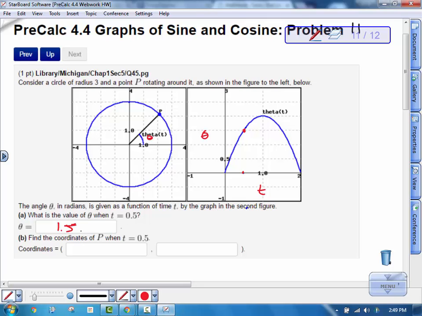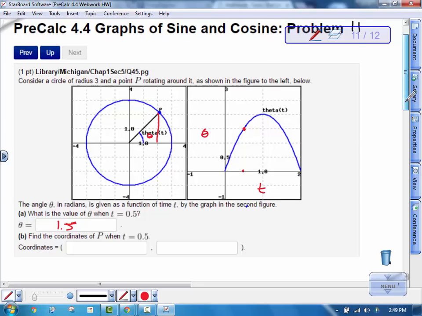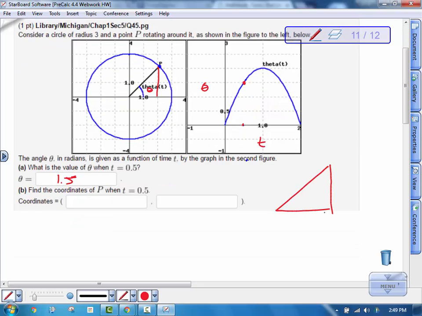And then when theta is 1.5, what are the coordinates of this point? Well, take this triangle right here. I'm going to redraw this triangle over here. If theta is 1.5 and we know the radius is 3, we can find the coordinates of x and y. You go over x, up y for this right triangle right here. So I can do cosine of 1.5 radians equals adjacent over hypotenuse, multiply both sides by 3. That gives me my x coordinate, which goes right here. For that I got a decimal. I got about